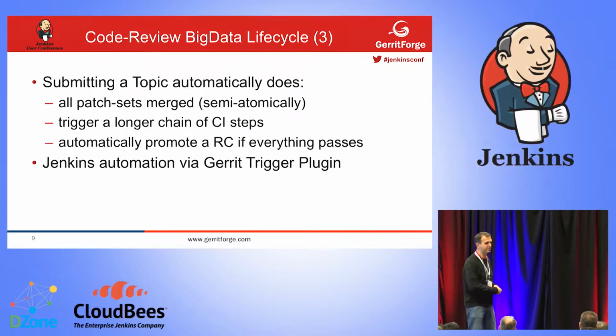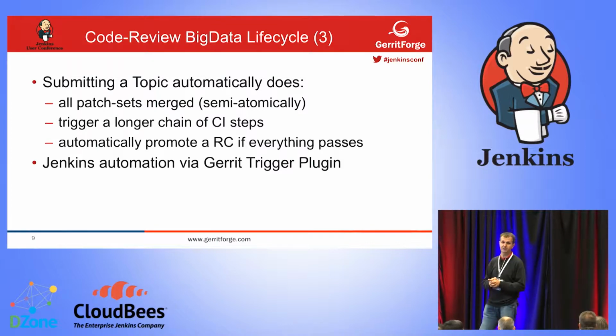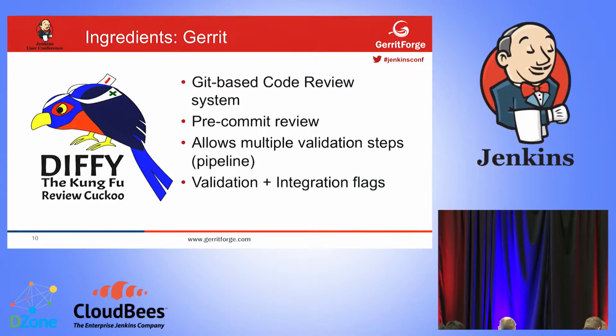But maybe the repo becomes too big. You can't work in parallel. But when you start splitting things, you need to make sure that things are sticking together. And that's why we decided to use Gerrit, just because Gerrit is the only tool in the market and happens to be even free that is the most powerful that can implement this type of feature that is called topic aggregation of different commits. So for the ones that are not familiar with Gerrit, so this is the Gerrit mascot